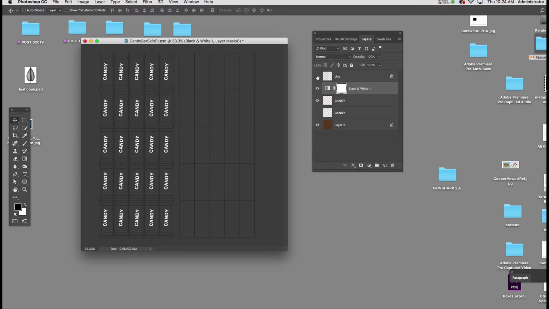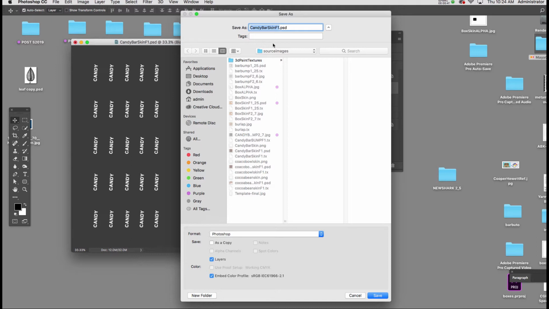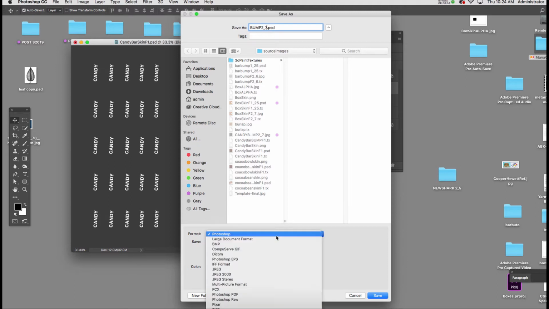Now that I've got the black and white applied to it in my layer window, I'll turn off the UV map. And I'm going to save this as a JPEG, just as I did with the alpha transparency map. I'll name it appropriately, Candy Bar Bump, and I'll make sure that I choose JPEG